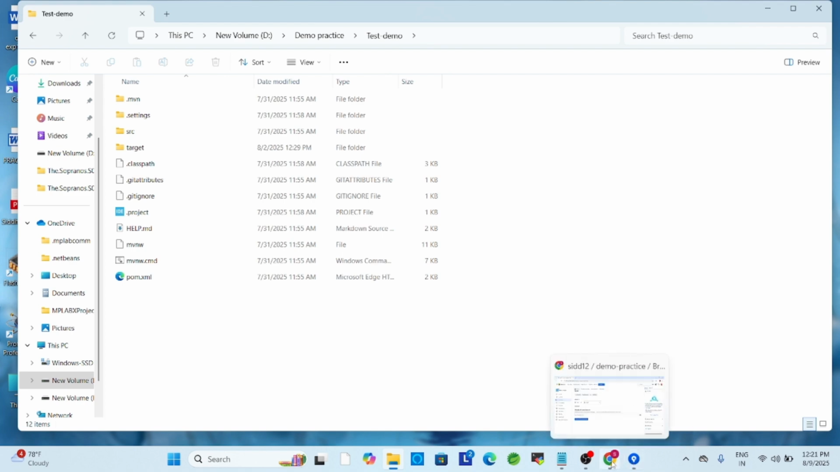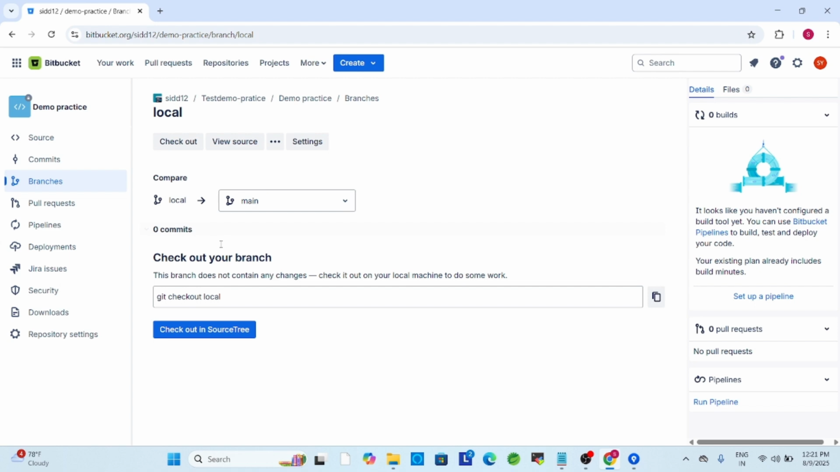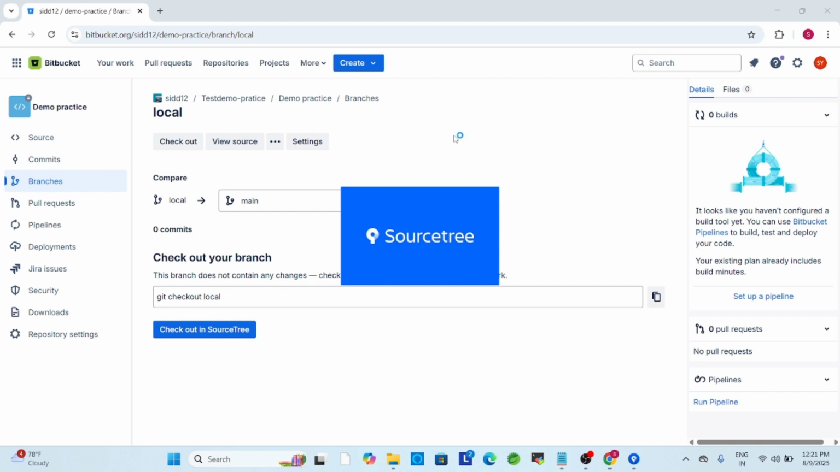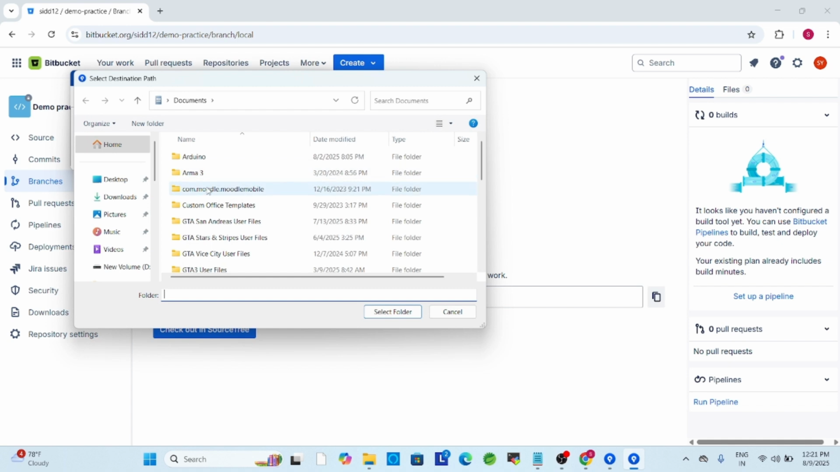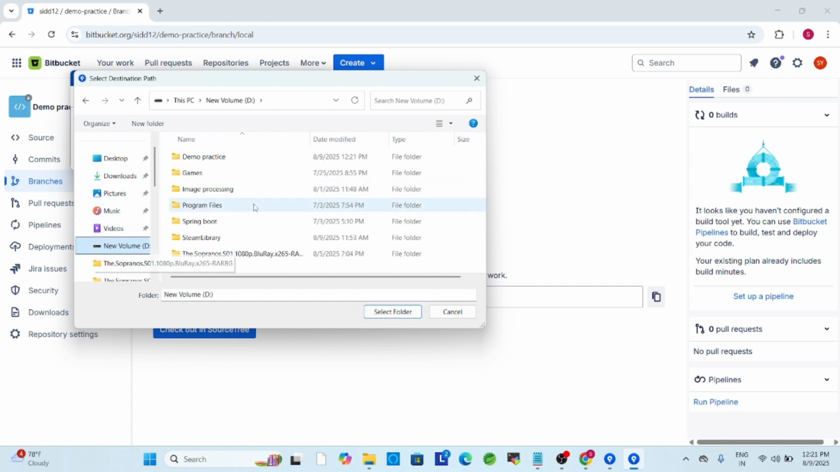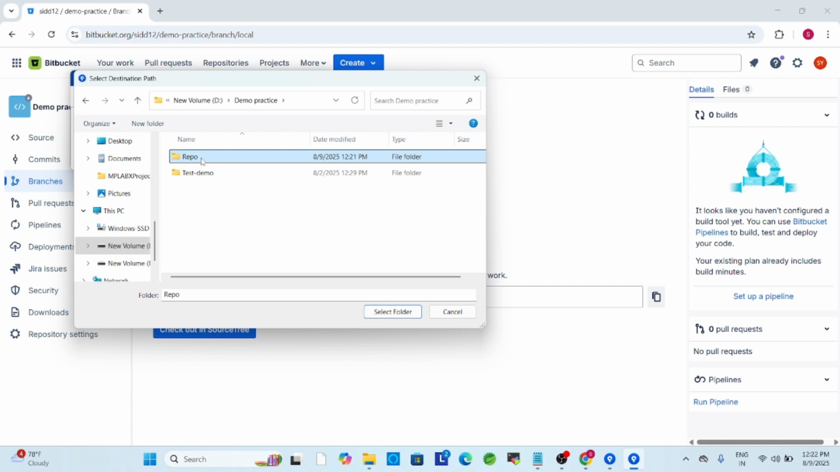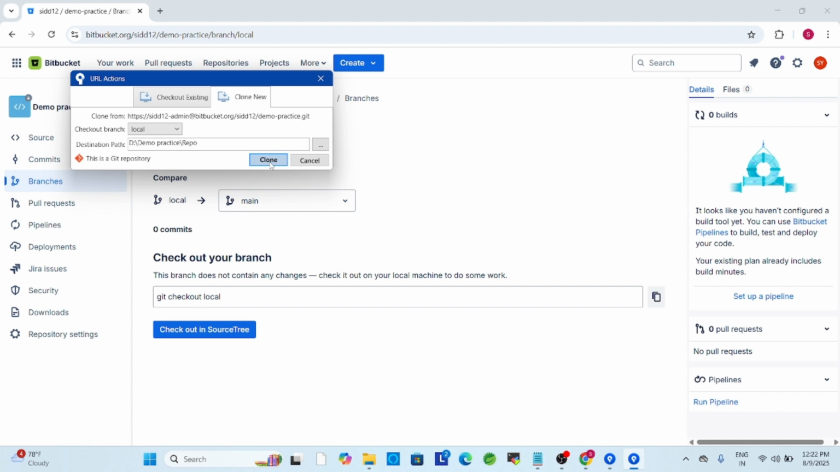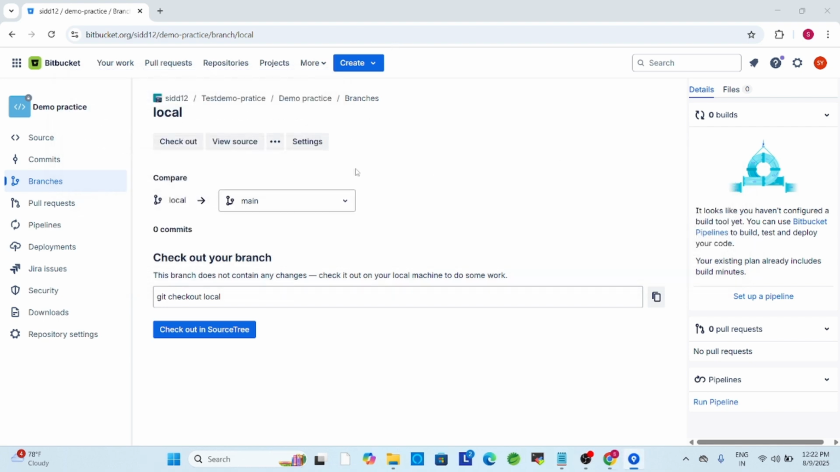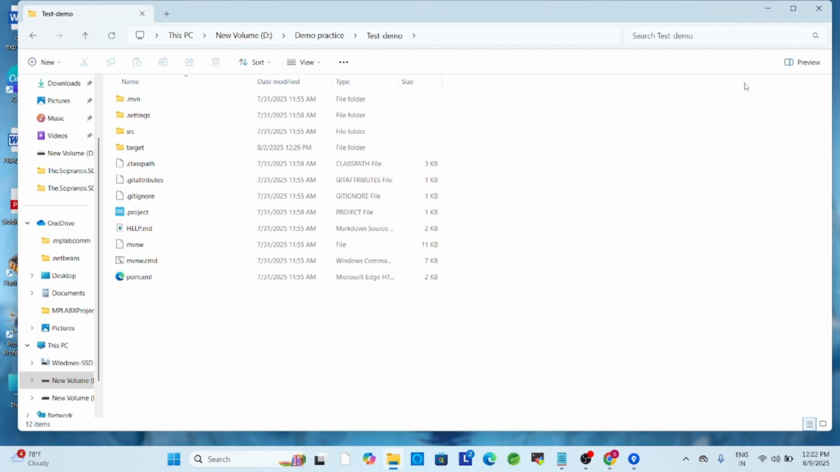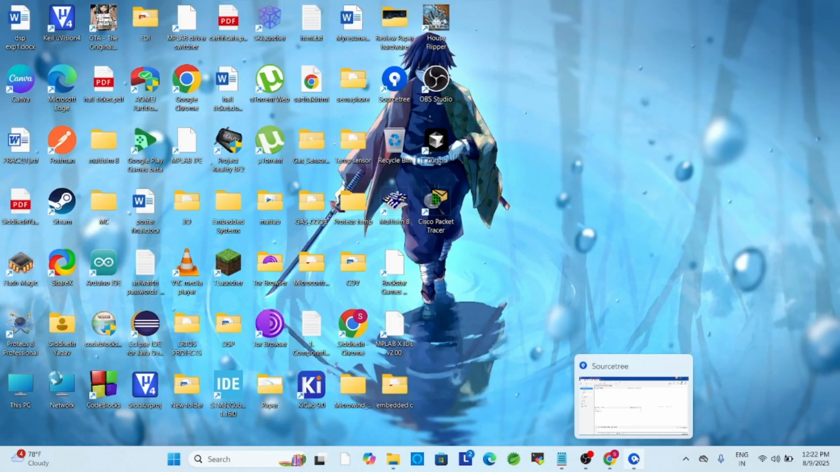So let's see how we can do that. Open the Bitbucket website, click checkout in Sourcetree, give the destination D drive, demo practice, repo. It should have nothing inside it. Select folder, clone. So we can see our local branch is successfully cloned in our folder. You can open Sourcetree